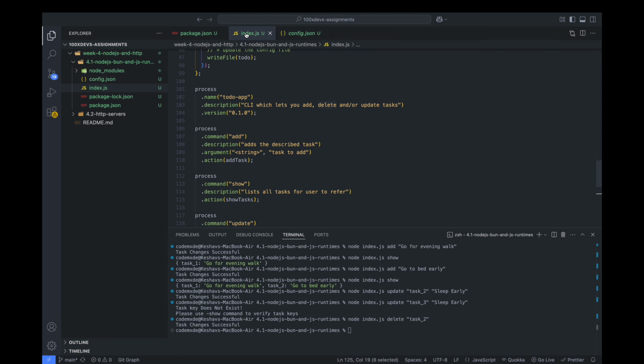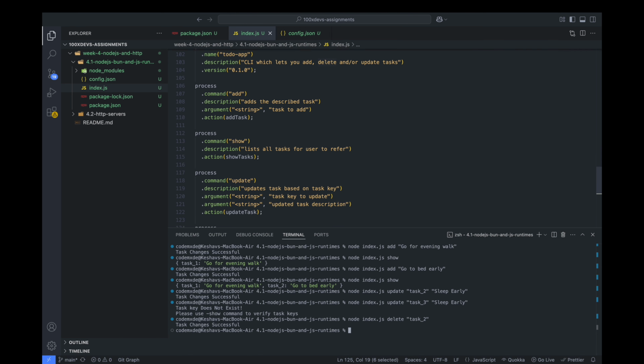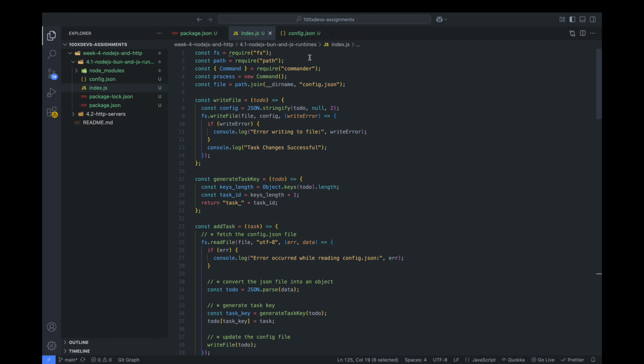The code is fairly simple. It does not depend on many things except for the commander library. The fs and path modules are internal. I'm using the fs to read and write. I'm using the path module to kind of create the path from where I have to read and write. For example, this file can be anywhere, right? Like it should be under the directory where your project is, but you don't need to give the entire file location. That is just